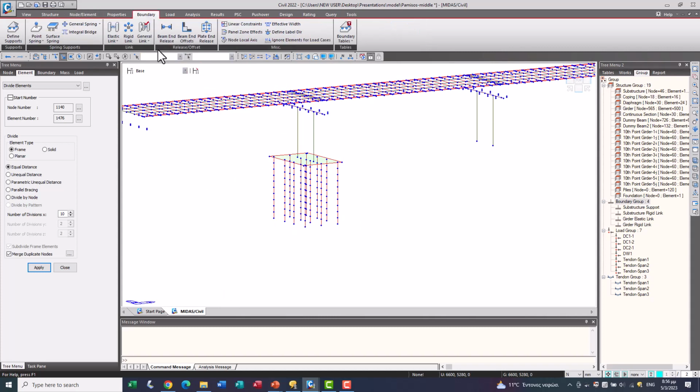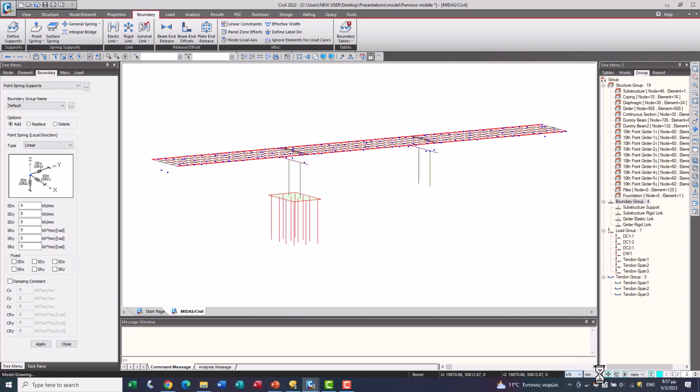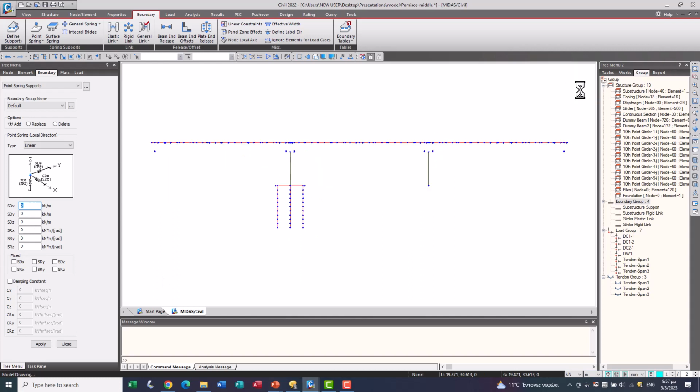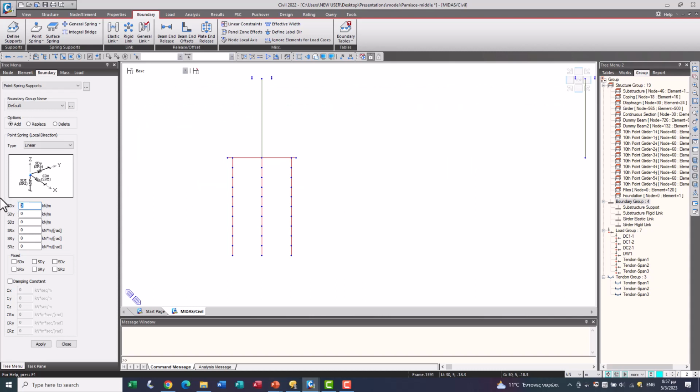And now the boundaries. We'll change the units. Let's add 10,000 in XY direction.